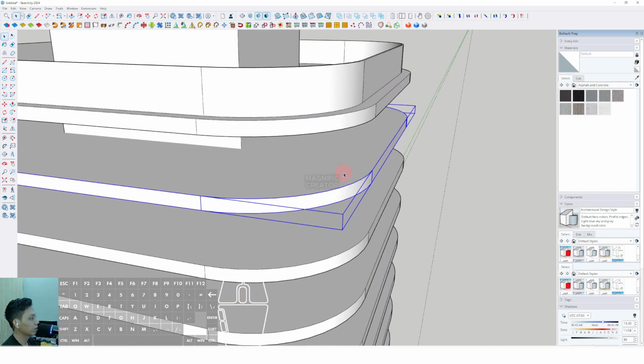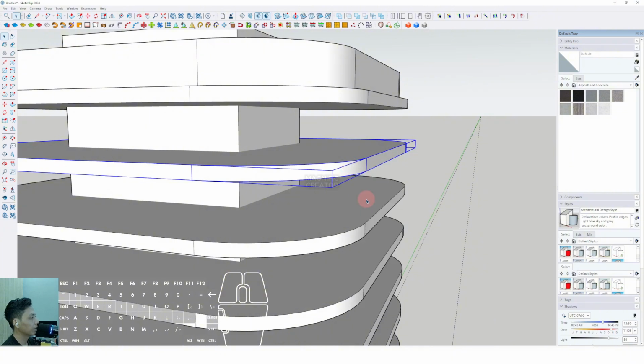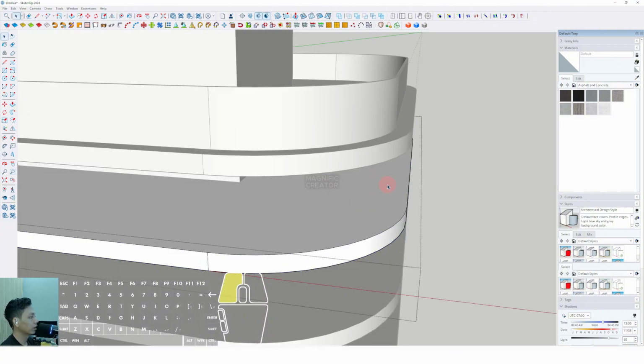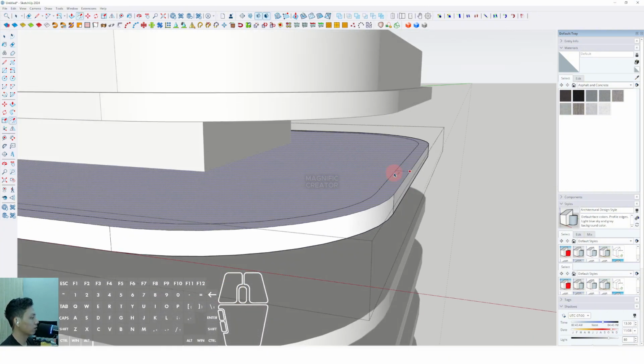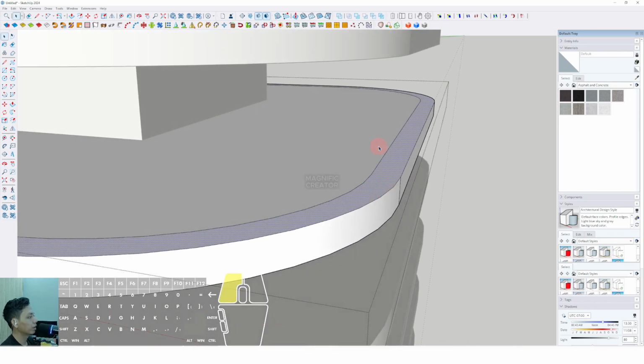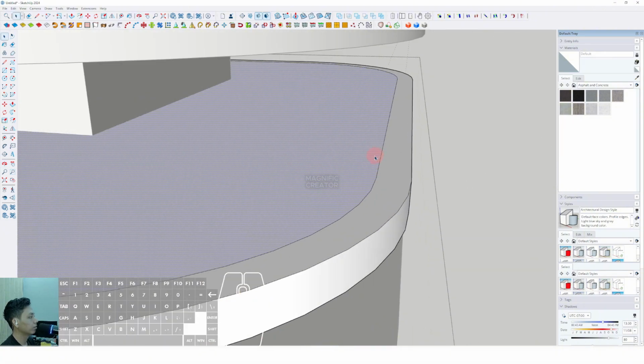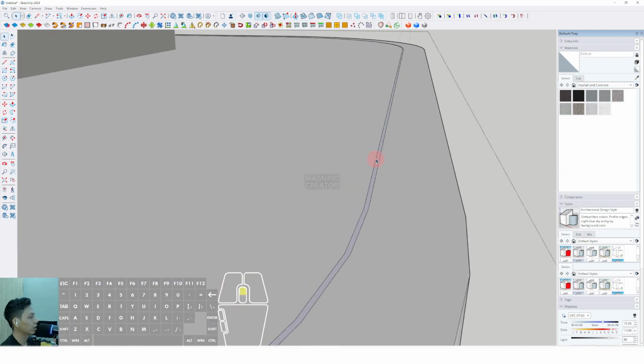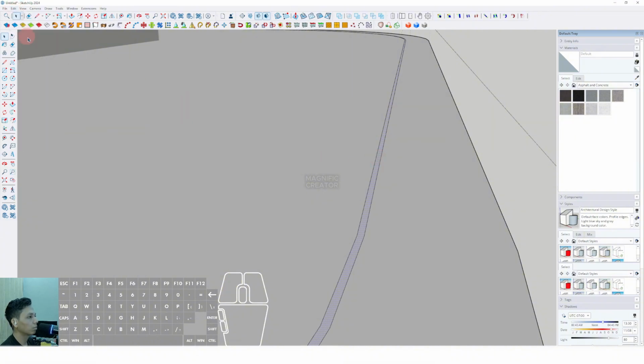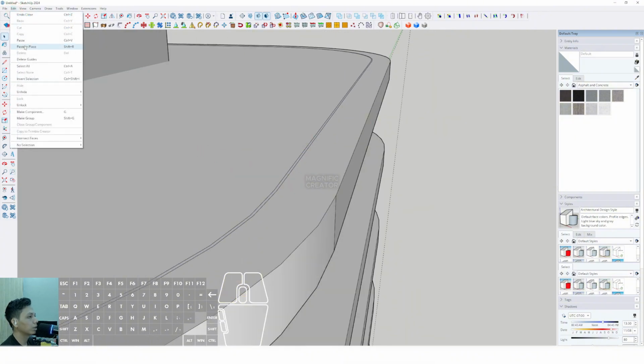Okay, we can click this one. We can right click and make unique. Then we can double click and offset it inside around 1 meter. Enter. Then we can click this one. Okay, then we can offset it inside around 50 millimeter. Enter. Then we can click this plane, edit, copy, exit from the group, and edit, paste in place, and we